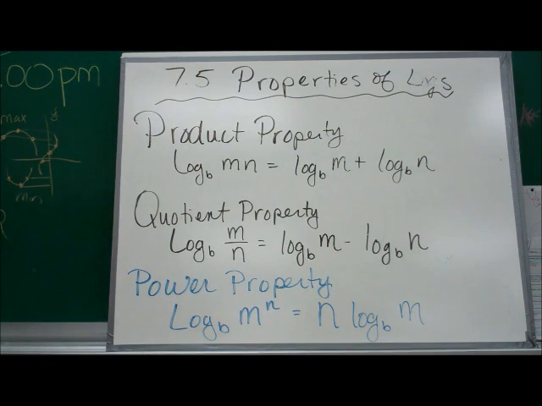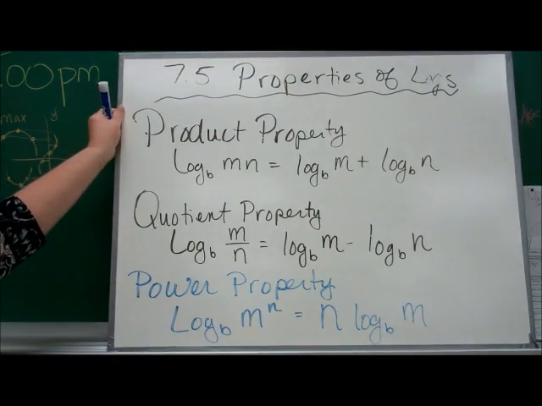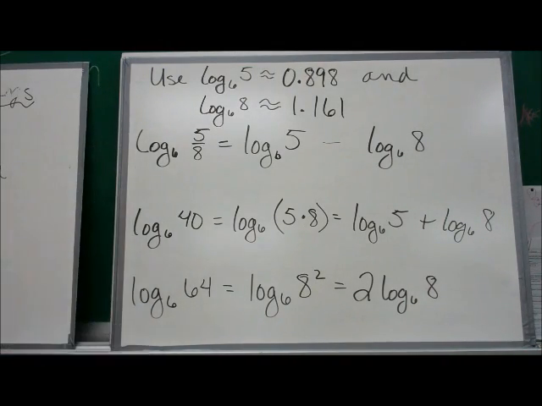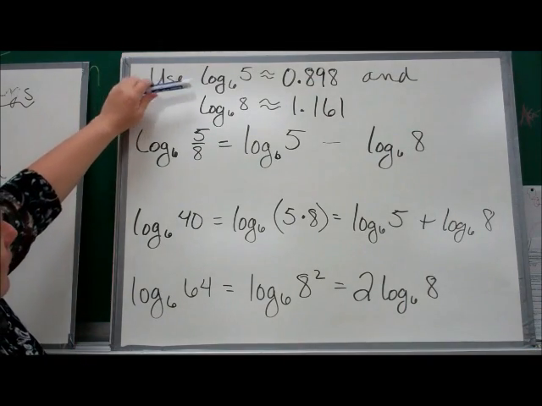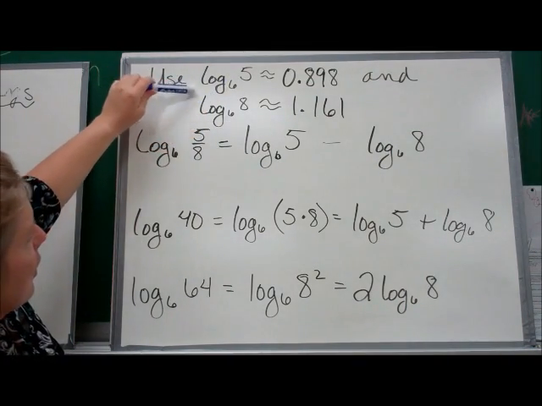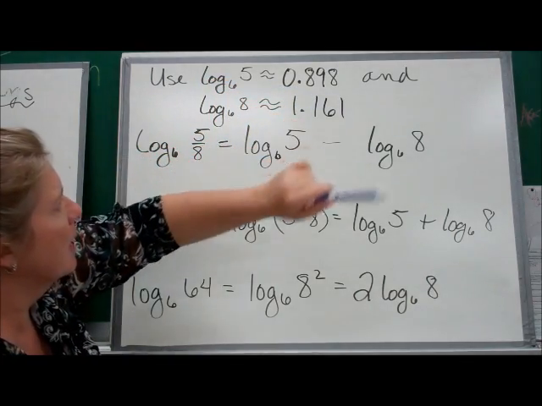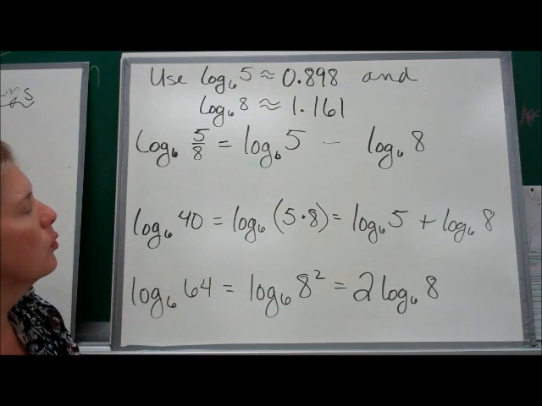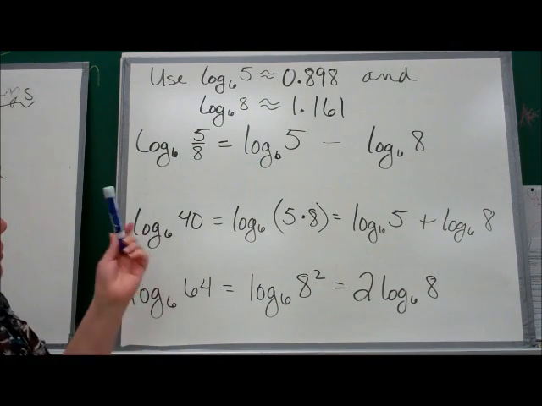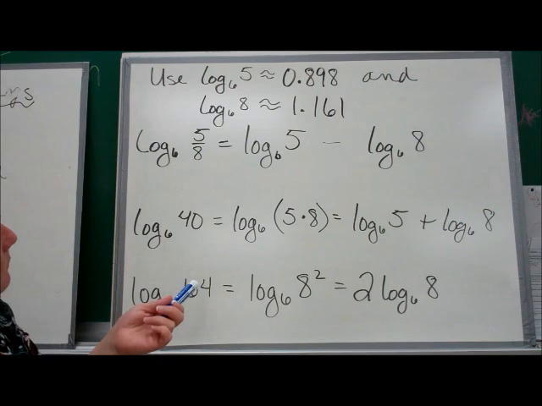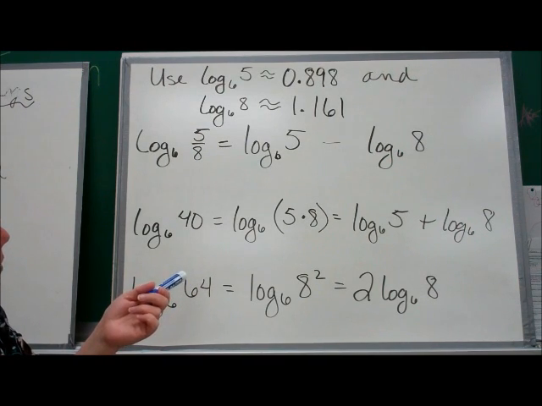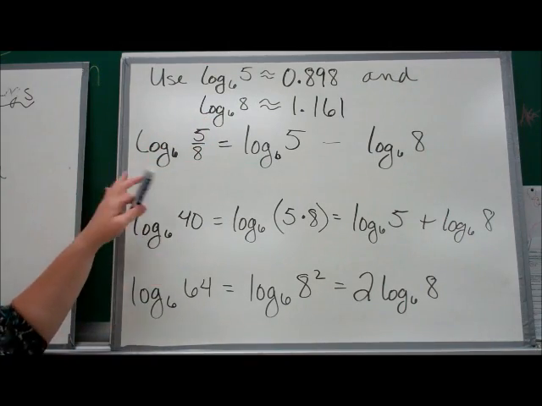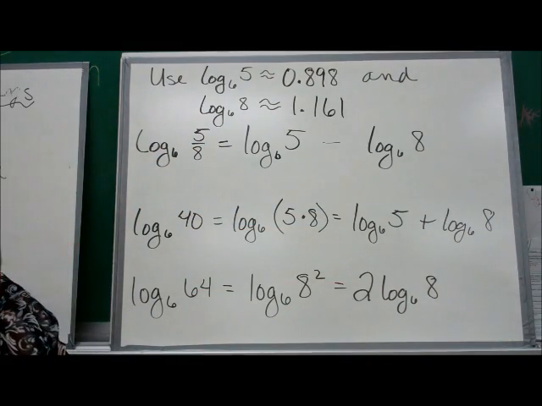Okay, let's apply some of these properties right now and continue on. Okay, we're going to use these two numbers. Log base 6 of 5 is going to be 0.898 and log base 6 of 8 is 1.161. Okay, since I have these logs, I'm going to use the properties so that I can